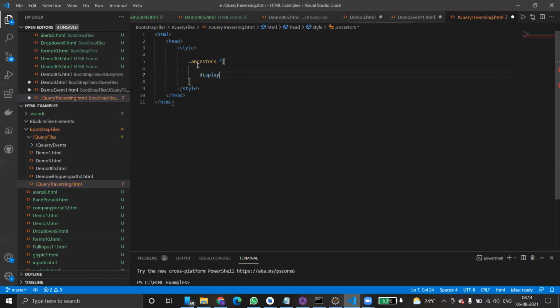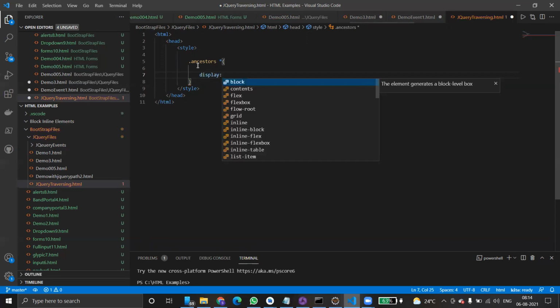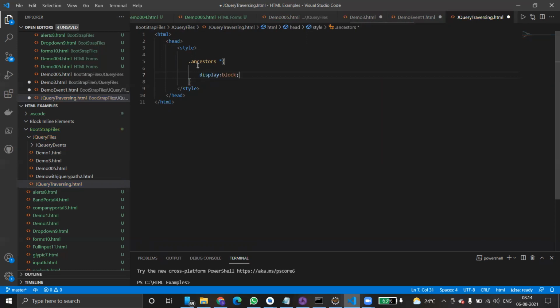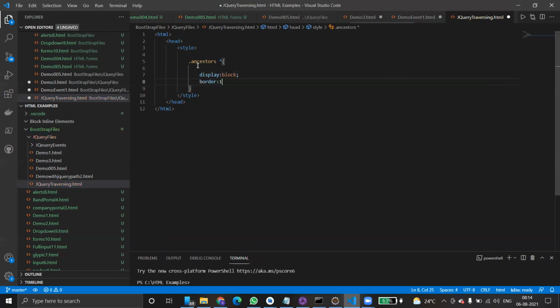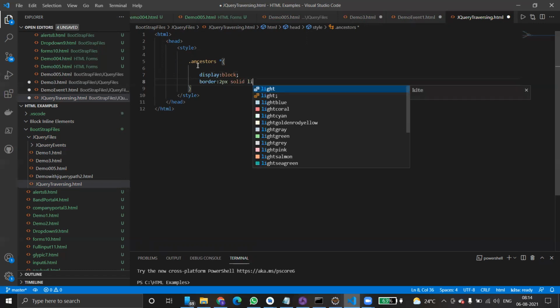First display, block. Border, I can make it 2 pixel. You can take any color, light gray or whatever you like.